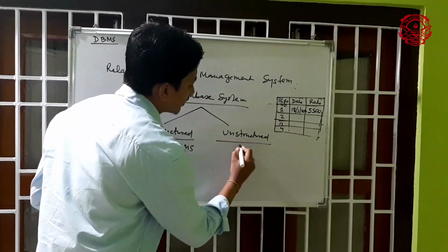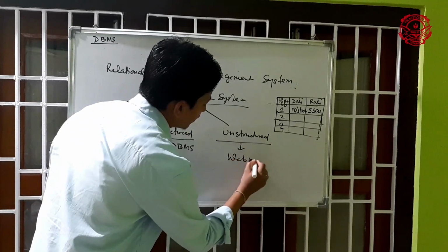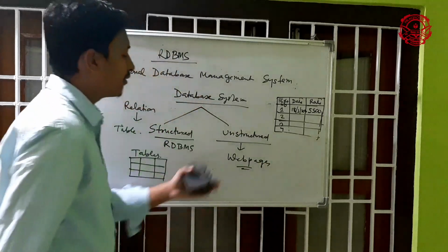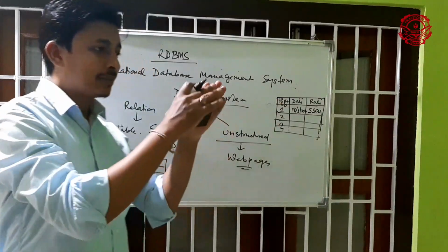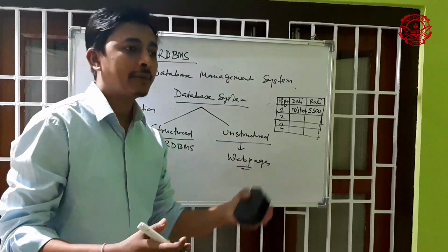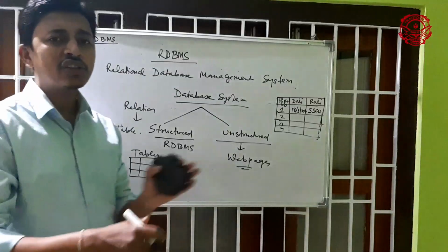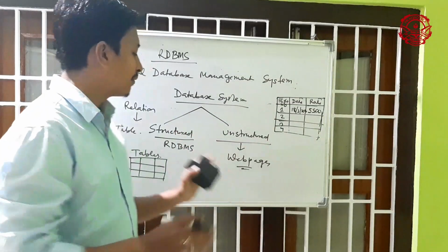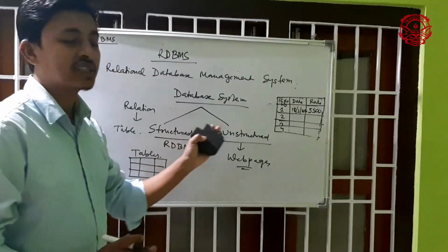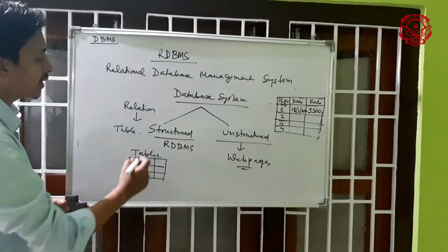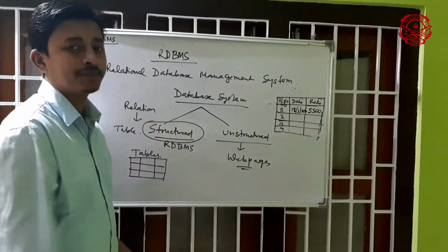Unstructured means what? It is not a structured way. For example, the web pages. The web pages are unstructured. You can see some text breakup is coming, after that some image is coming, and in the below part some videos are coming. So it means it is not a structured way. It is an unstructured way in which the web page is developed. So that's why it is called an unstructured database system. But in RDBMS, all the things are in a structured way. RDBMS is a structured data format.